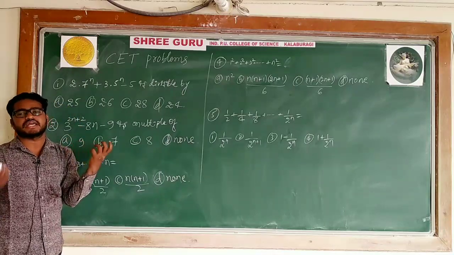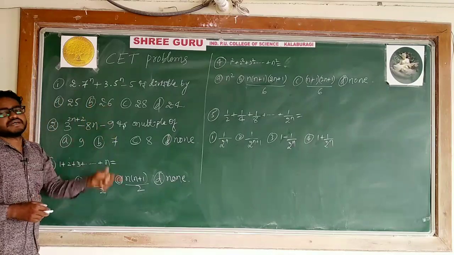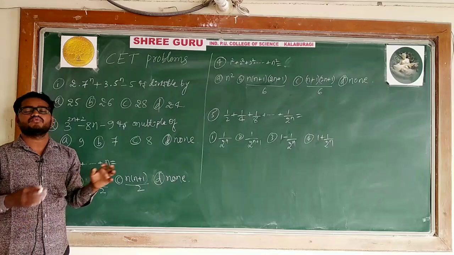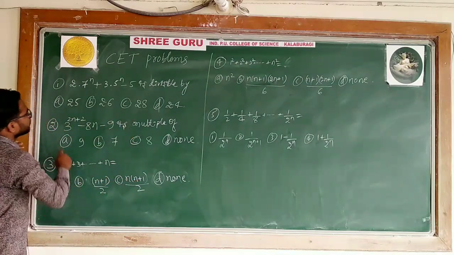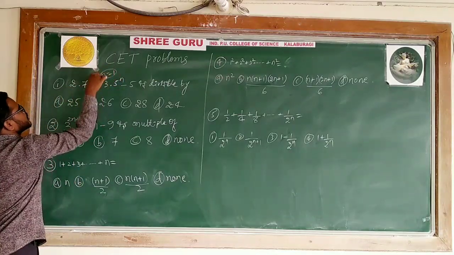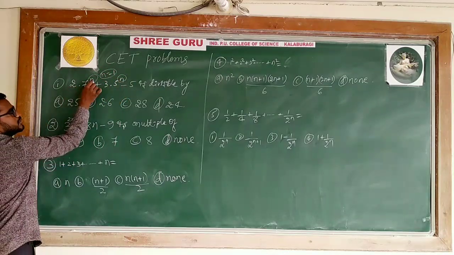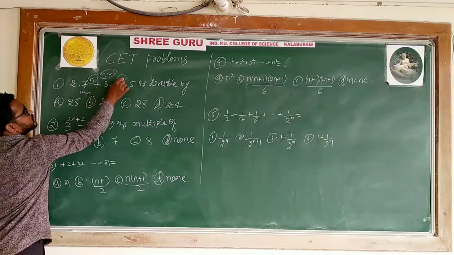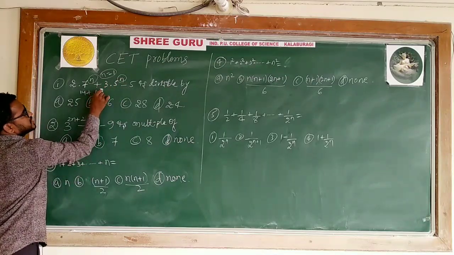Step 1 you can calculate in your mind only. It is not necessary to write also. In the case of step 1, what are we taking? N is equal to 1. Substitute n is equal to 1, then you can decide which of these 4 options it is divisible by. 2 into 7 to the power 1, n is equal to 1. So 2 into 7 is 14, plus 3 into 5. 5 to the power 1 is 5. 3 into 5 is 15, minus 5.